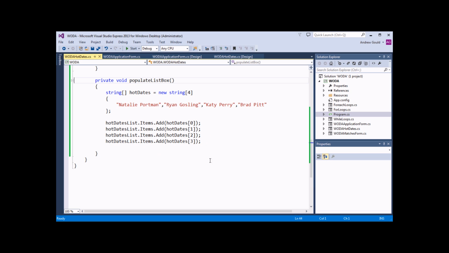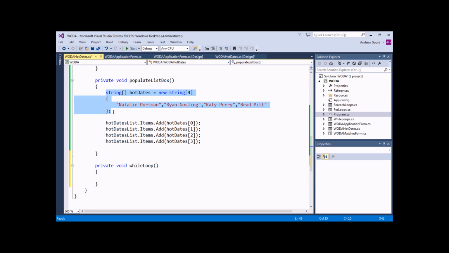And we can do that using one of 3 different types of loops, as we've seen in the previous 3 videos. We've got while loops, for loops, and foreach loops. So let's start with a quick look at a while loop. If we create another method, which I'm going to declare as a private void, and let's call this while loop, and then in the braces, what we're going to do is declare our array again,